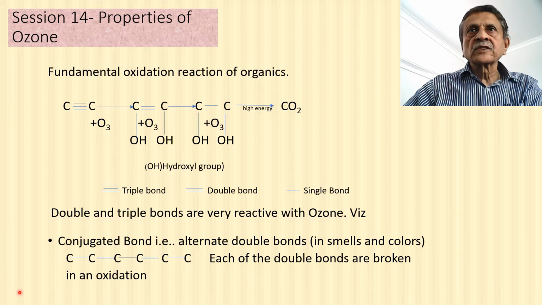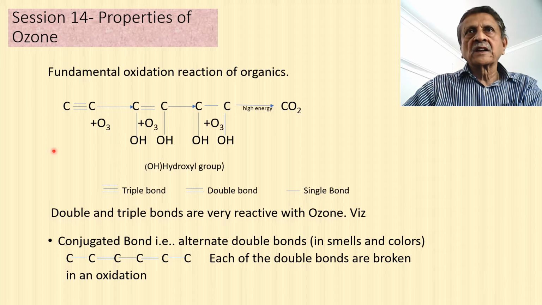In proteins, you also have long chain carbon compounds, which include nitrogens, and they may either contain single bonds, double bonds or triple bonds. When ozone is subjected to a long chain carbon compound,